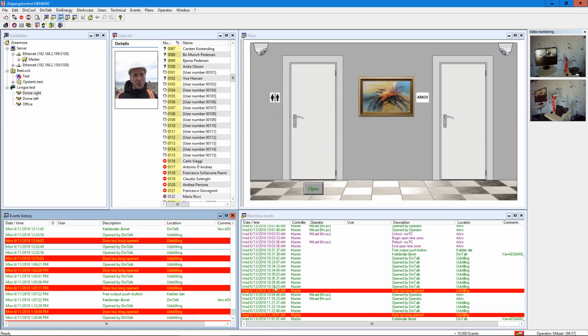So now you can actually associate an event directly with a video capture from your device. Of course, if you have an active recording at that time. So this is how you use the